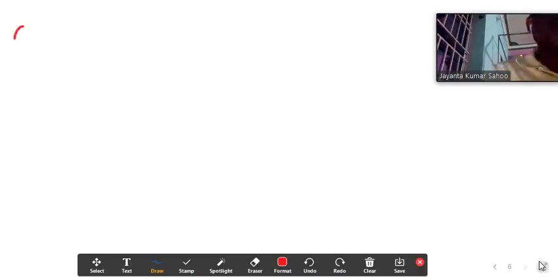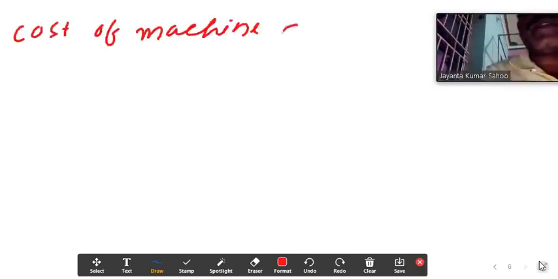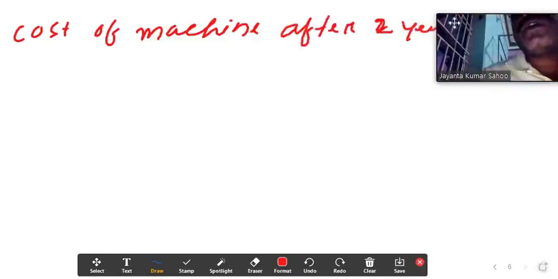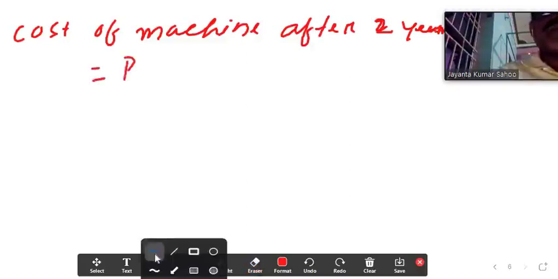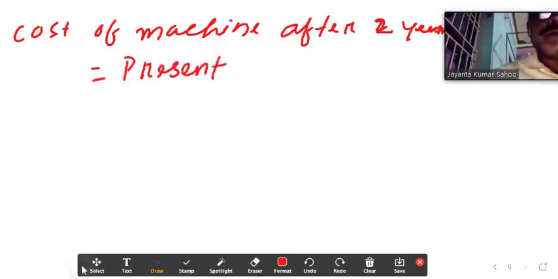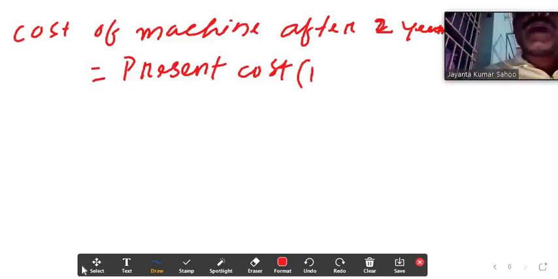We can write now that the cost of the machine after 2 years is equal to the present cost into, like that we can write also, present cost into 1 minus 10 by 100